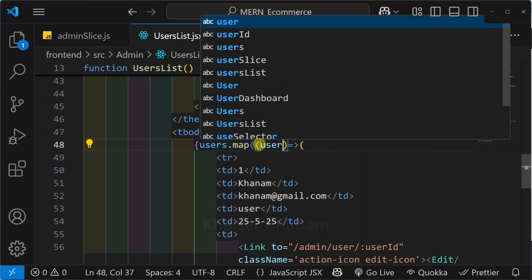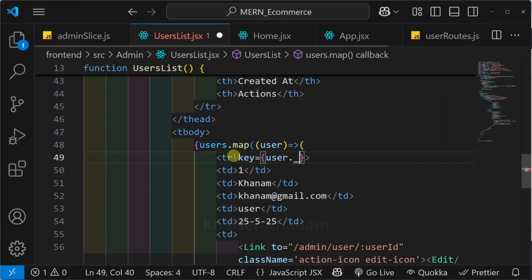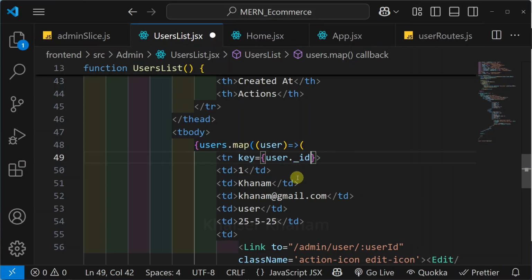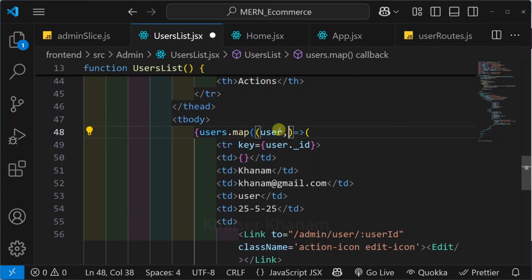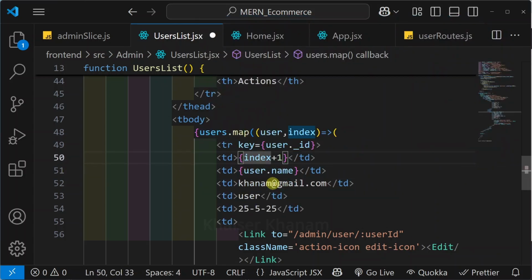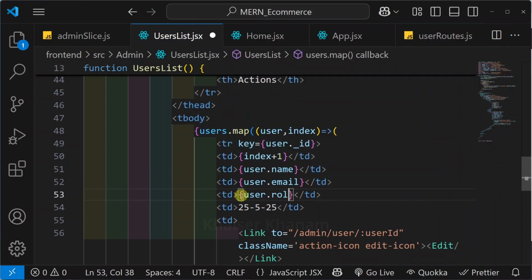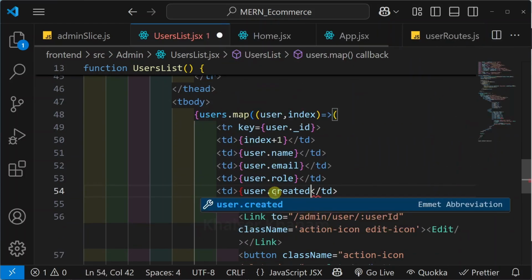So inside this I will be passing the argument as user. I will pass key. Inside this user we are having this underscore ID that we will be passing. Remove this, and from this map method I will also access index, and here I will be passing index plus 1. Then here remove. From user I will access name. Remove this. From user I will access email. Remove this. From user I will access role. Remove. From user I'm just going to access this createdAt,